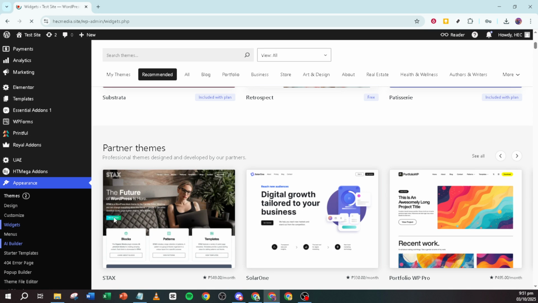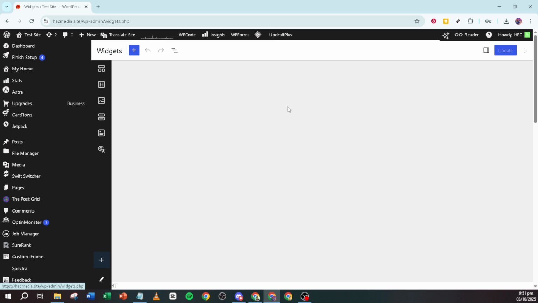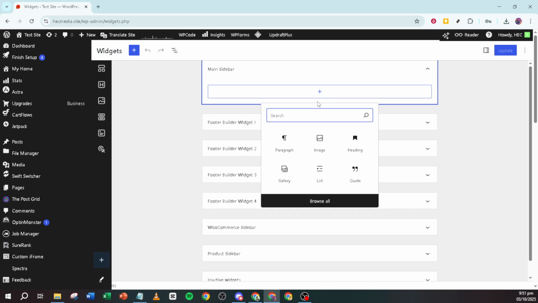On the right-hand side, you'll see different widget areas where the search bar can be placed, such as a sidebar, footer, or any other widget-ready area your theme supports. Simply click and drag the search widget from the list on the left to your desired widget area on the right. After positioning your search widget within the desired area, you'll have the option to customize it.